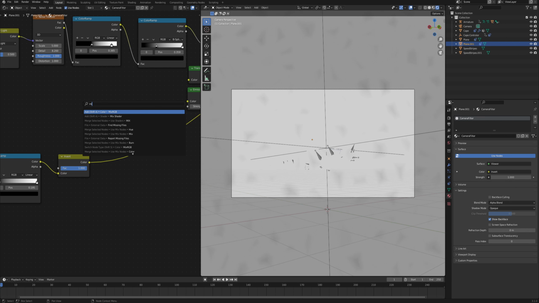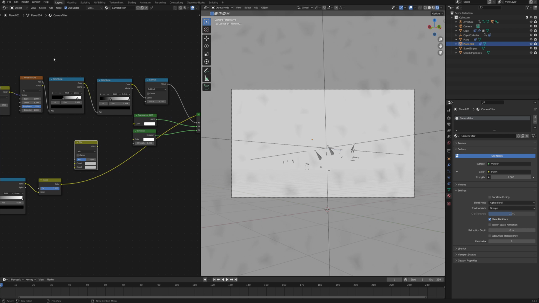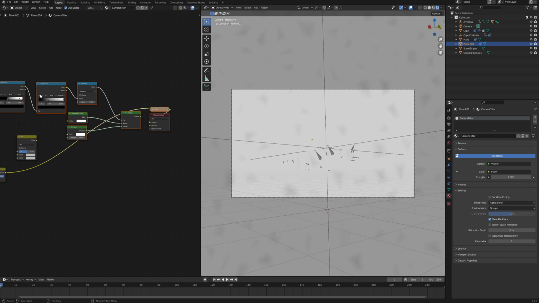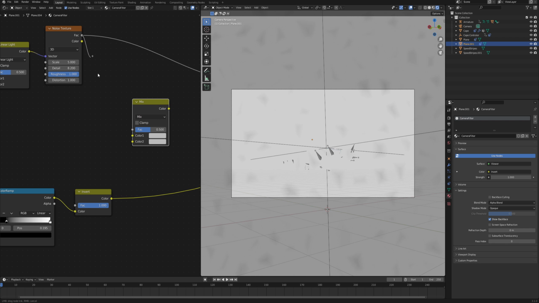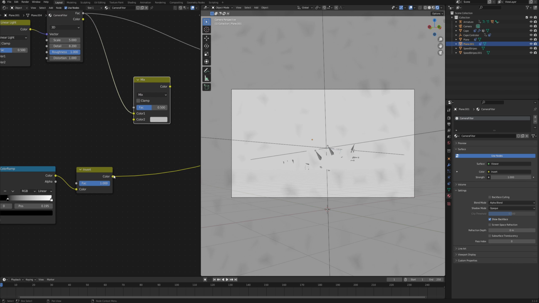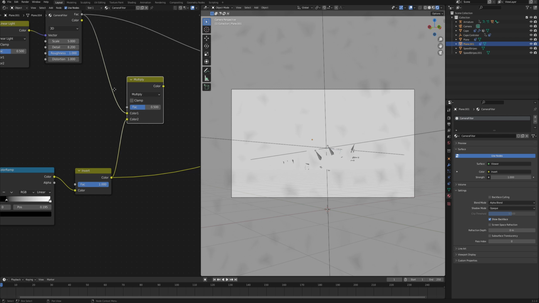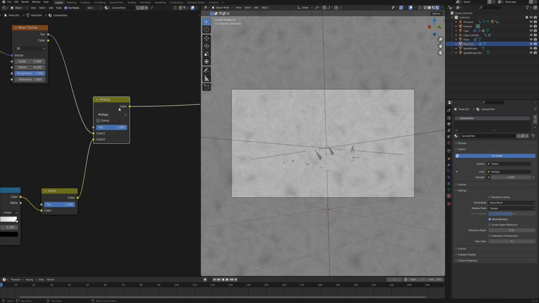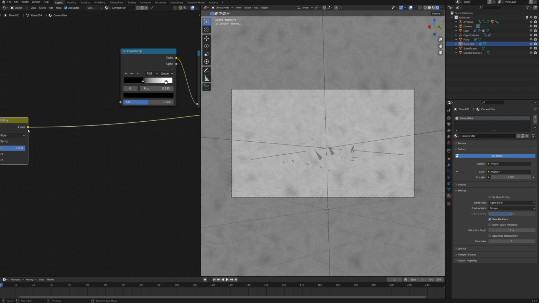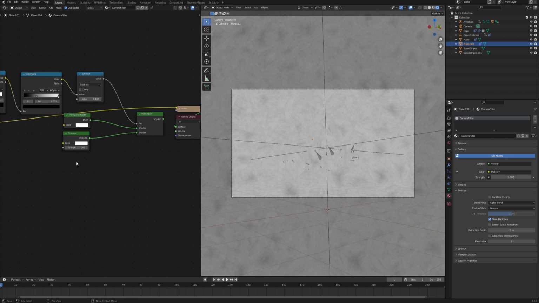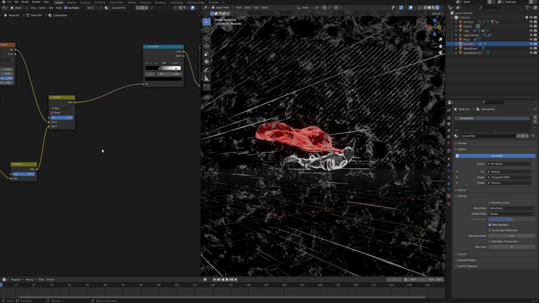And we can actually use a mix RGB node, and then let's move those nodes out of the way so they don't distract us. Let's connect this noise texture output and also this invert in here and change the mix to multiply and the factor to 1. As we preview this, it may not seem like much of a difference from the noise texture, but then as you plug it into this color ramp and preview the end result, you can see what it does.